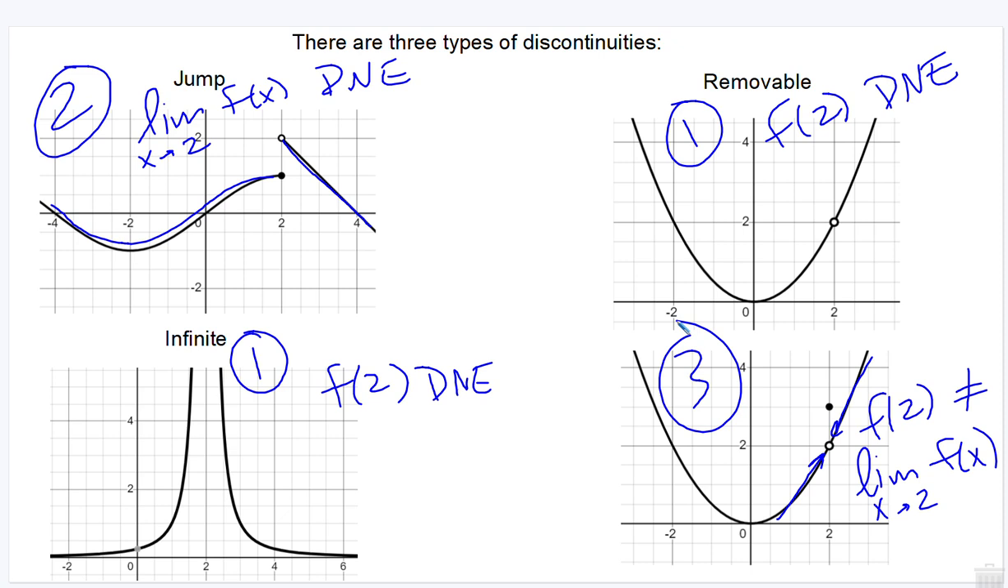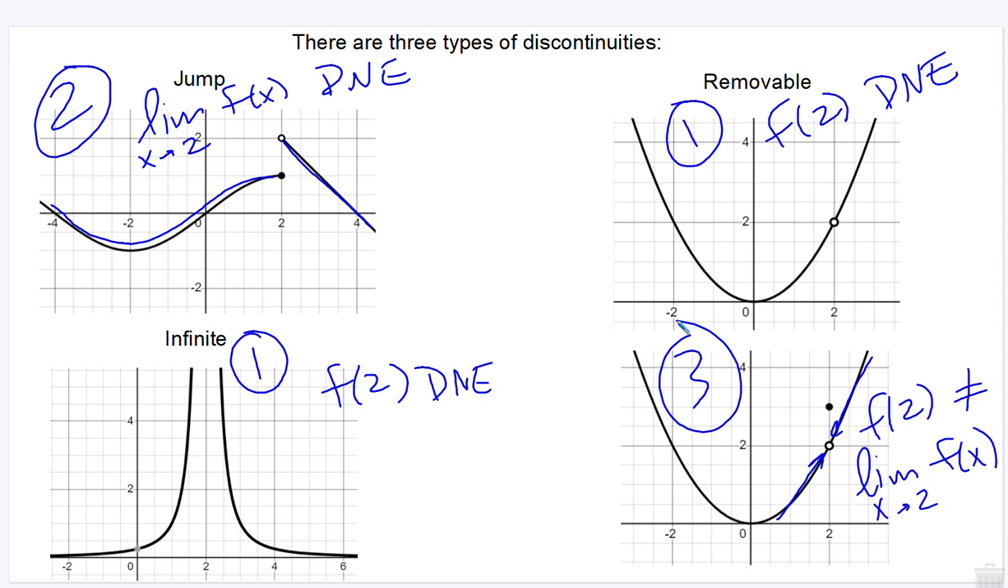Okay. So those are the three types of discontinuities that you want to be aware of, that you want to be able to recognize from just looking at a graph. But you also want to be able to figure out which of those discontinuities a function might have just given its equation by investigating the limits. And so we can use this information that we've kind of looked at right here to see, based on the limits,